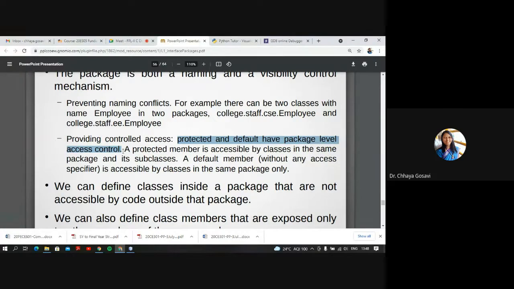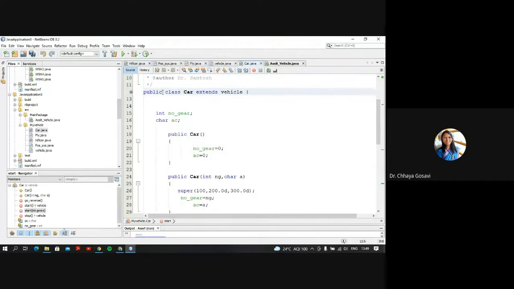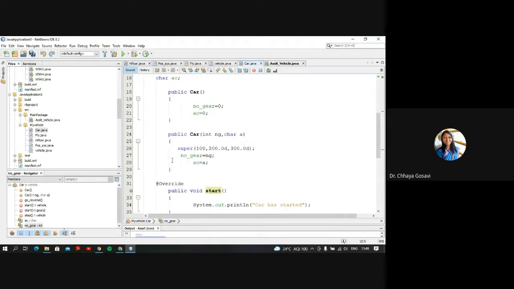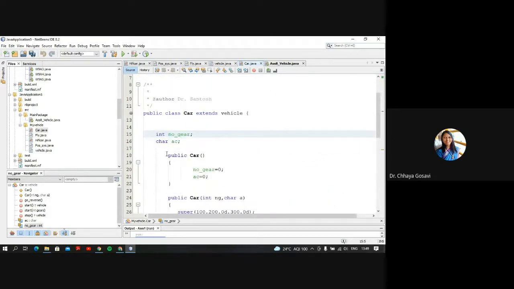If we have not used public, for example, in this code, suppose in my Car class, I have not used public. Sorry, if this method is not public, the constructor should be public.